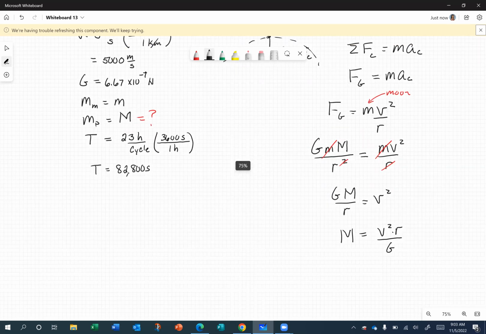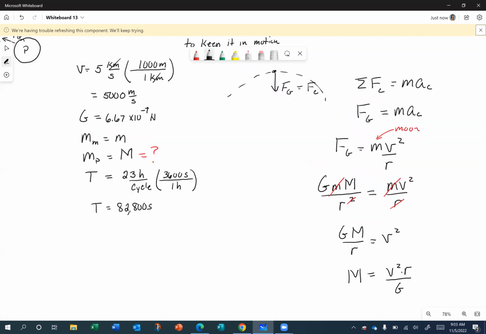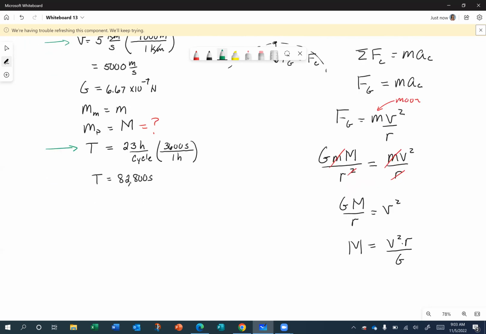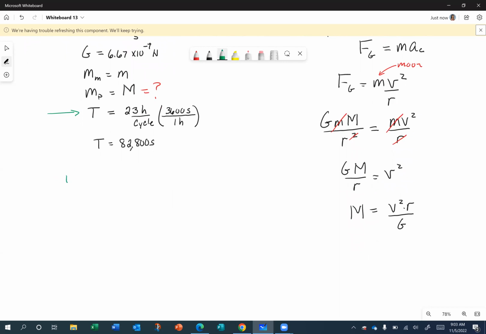How could I find R from what information I know? We have not used this, but we do have the velocity. Remember, in circular motion, the velocity is the circumference of the circle that you covered per time. So we have to recall that in circular motion, speed is 2 pi r over the period. Since I was given the period and the speed, I can use this equation to solve for r,